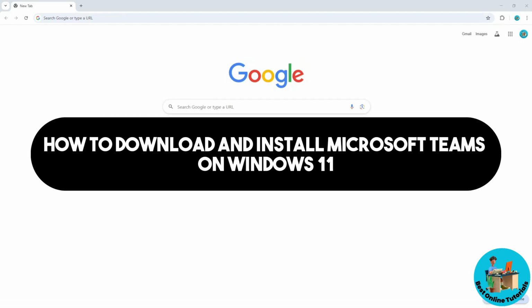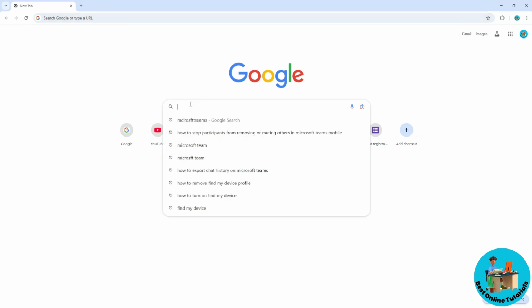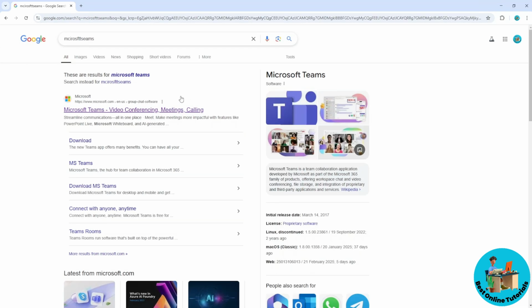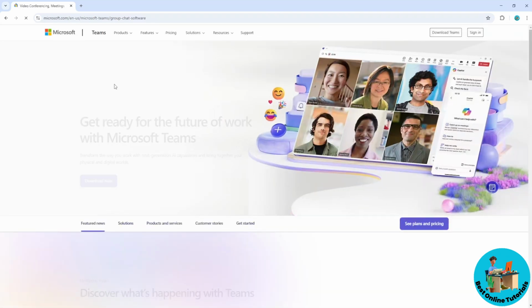This is how to download and install Microsoft Teams on Windows 11. The first thing, just simply open up any web browser on your desktop. And now I have here Google Chrome, and just simply search over here Microsoft Teams. And now once you have searched Microsoft Teams, just simply select the first one over here, and this will be